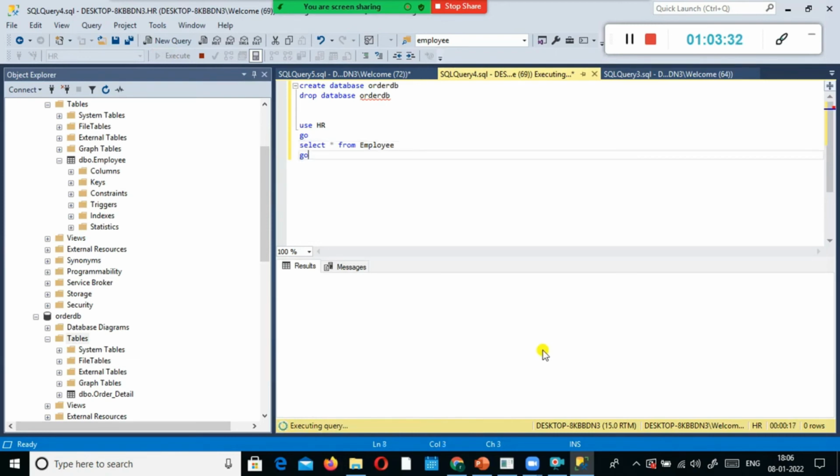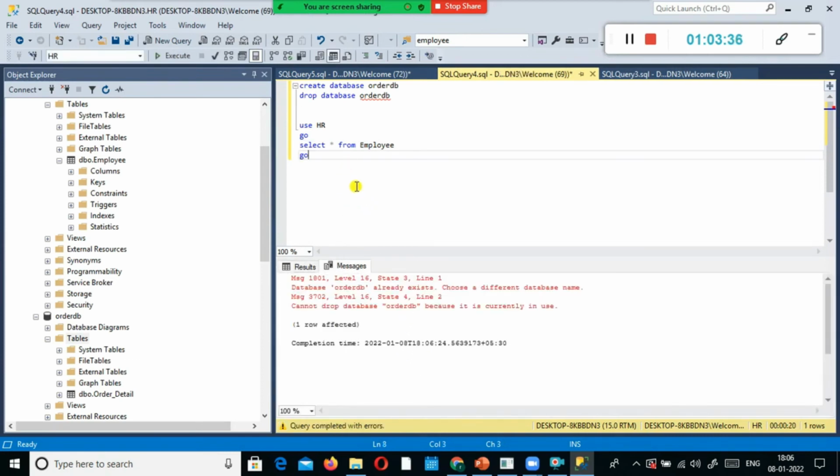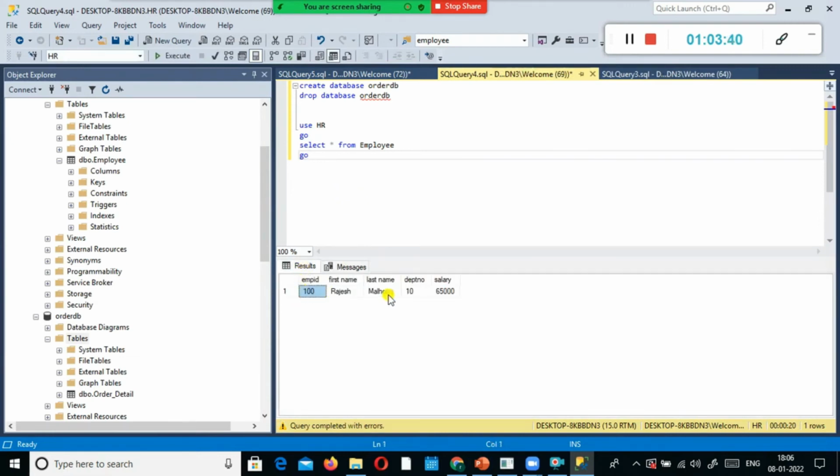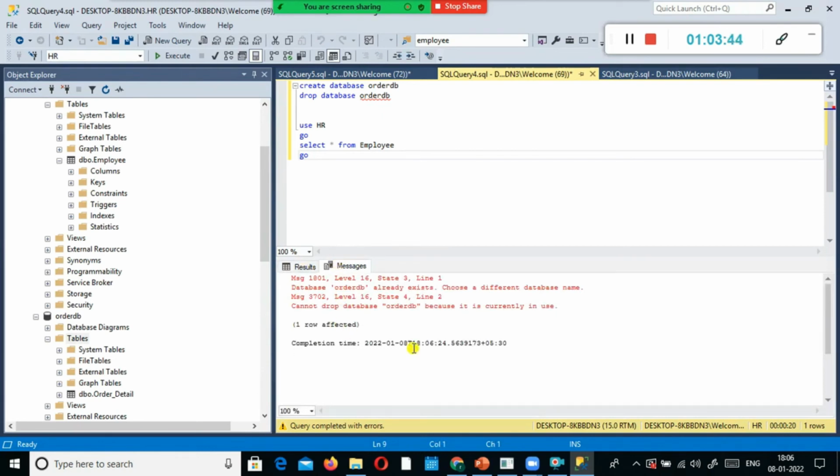I should have associated this one. Okay, I'll just show you one second. The completion time, one query results. When you select this one, you can see the result here. Look here, you can see the message. In case of any error, you can find it. Previously, I tried to create a new database with the existing database name, hence it was throwing an error. So that is the previous error.